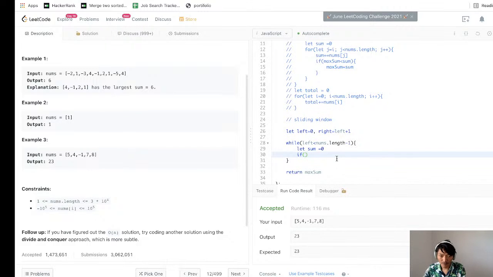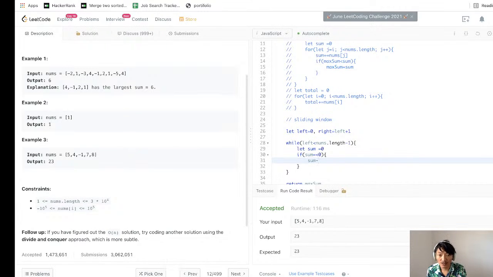If sum is less than 0, then we need to move both of them. If sum is less than or equal to 0, then what we need to do is